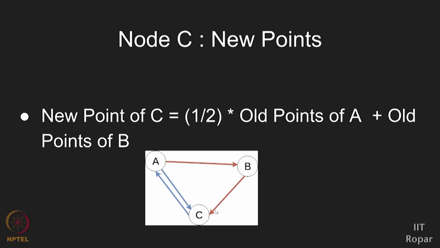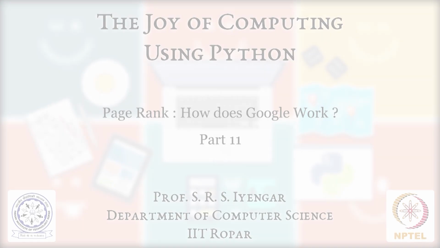Now with this state, they are again following the same rule, and node A had 100 points, right? So he'll divide into 50-50. Node B had 50, he'll give that 50 entirely. They follow the same rule and they'll play this. What happens if you play this for say some 1000 iterations or 10,000 iterations? If you keep doing it, what happens? Let us see that in the next part.